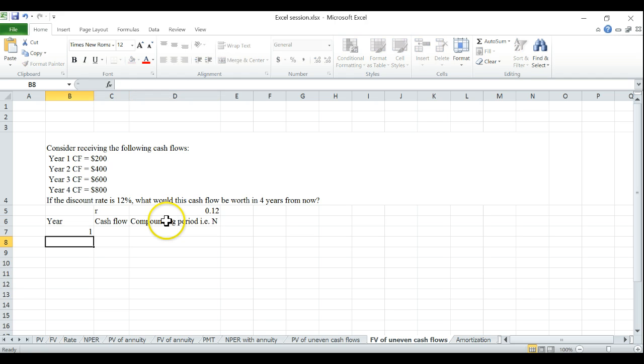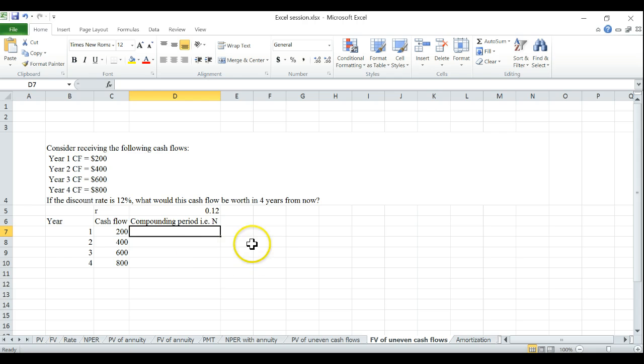So we will receive these 4 cash flows, 200, 400, 600 and 800. We are investing that money, so 200 is going out of our pocket. We could write that as negative, but I'll show you we could do that in the formula too. So one way is to make the input value negative, but we could do it without doing that.